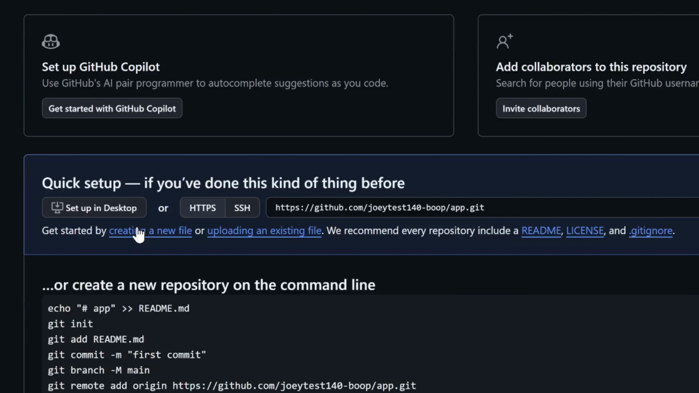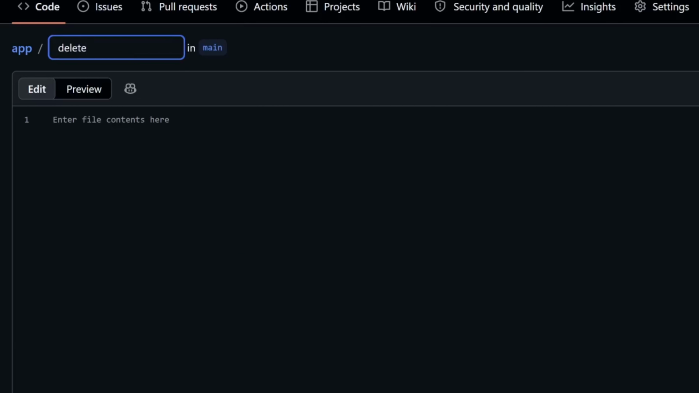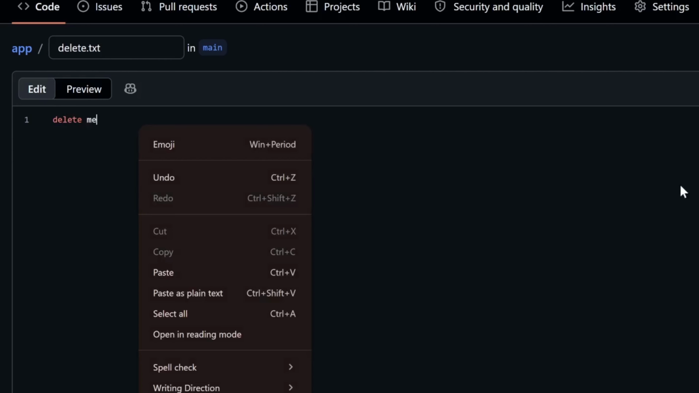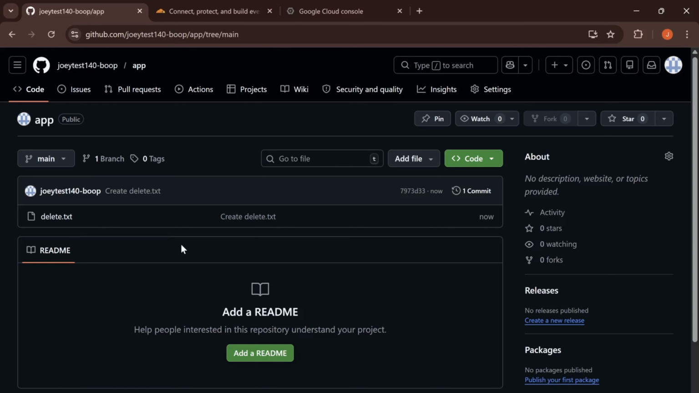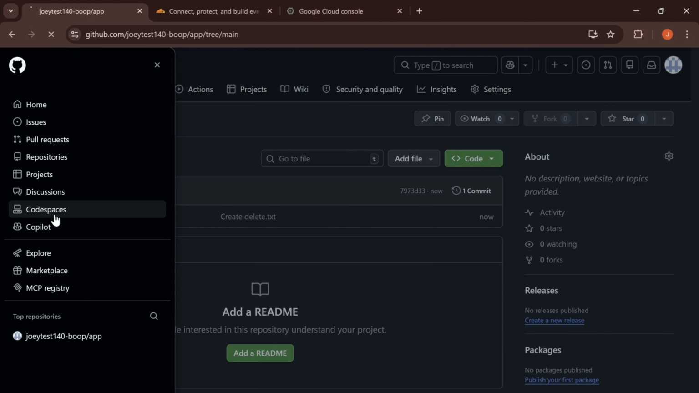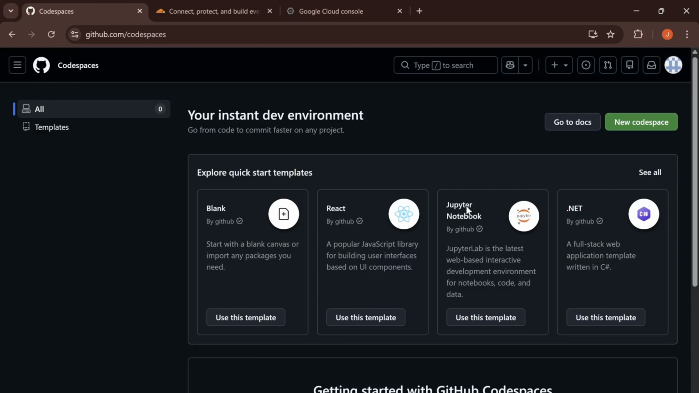And you're going to want to create a new file. There has to be one file. It doesn't matter what it is. I'll just make it delete.txt. You need a file in your repo in order to open Codespaces, which is what we're about to do. So then you'll go to Codespaces. And then once Codespace opens,